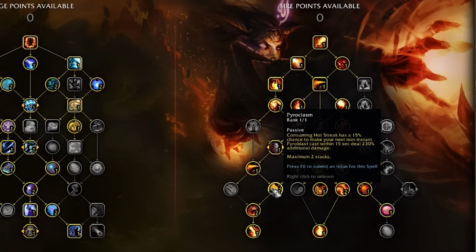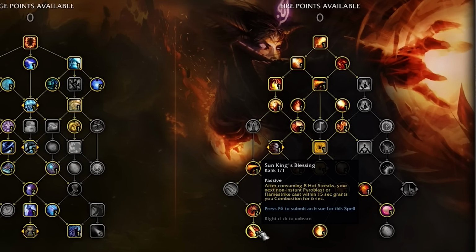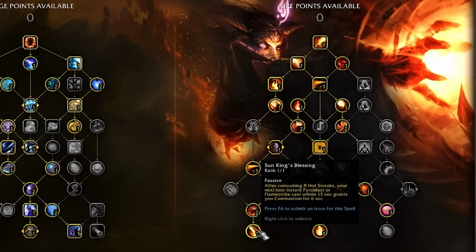and it pairs really, really well with Pyroclasm as well. I'd say that Fire Mage's playstyle is kind of defined by this talent, so if you don't really like the playstyle of hard casting Pyroblast, and I wouldn't blame you, this is probably not the spec for you. But regardless, we obviously love Sun King's Blessing because it gives us a lot of combustion uptime,